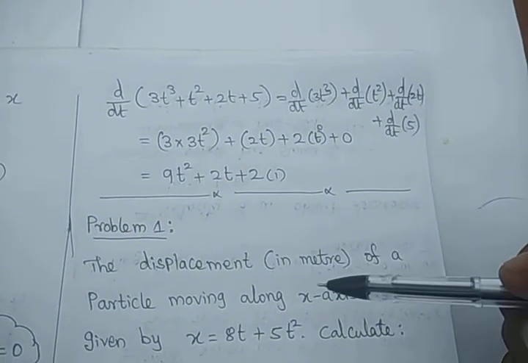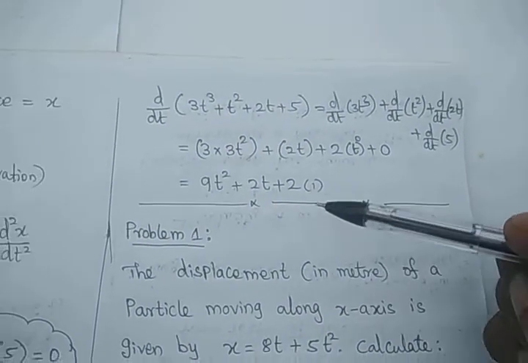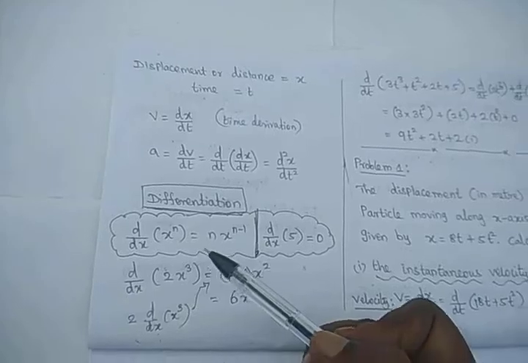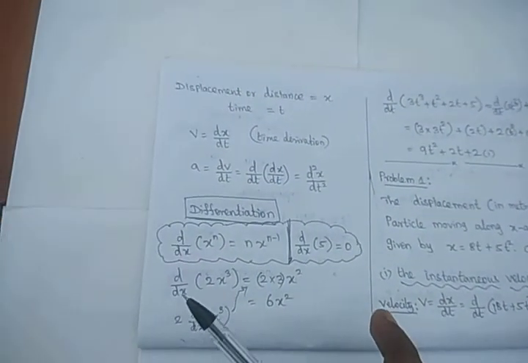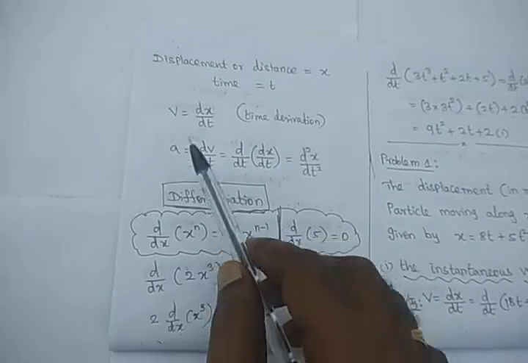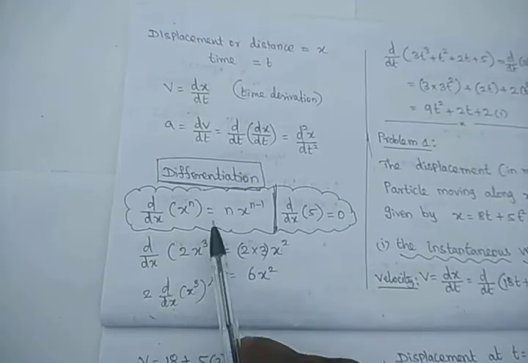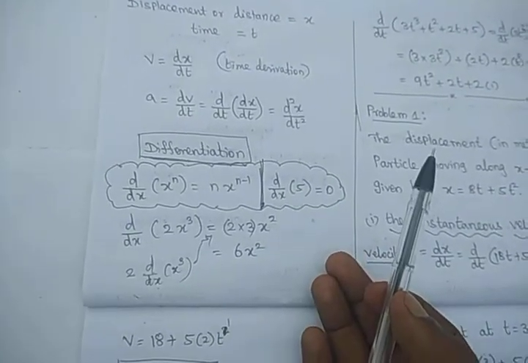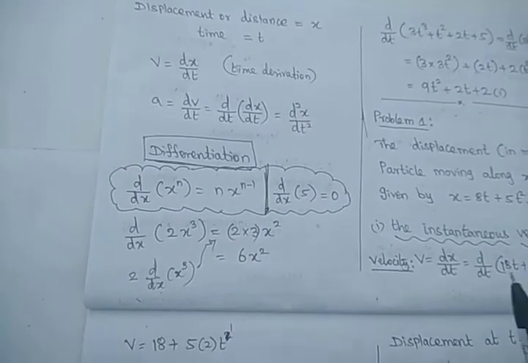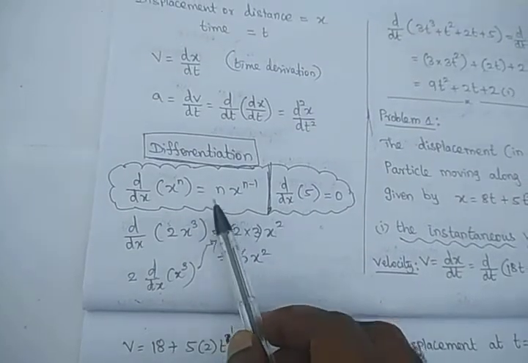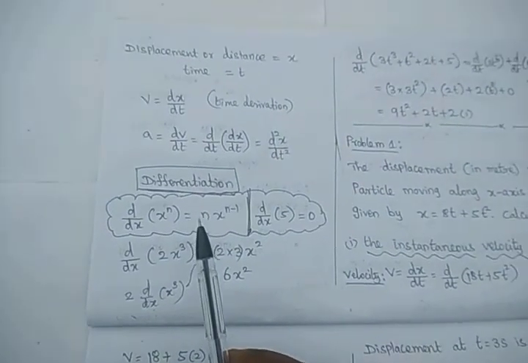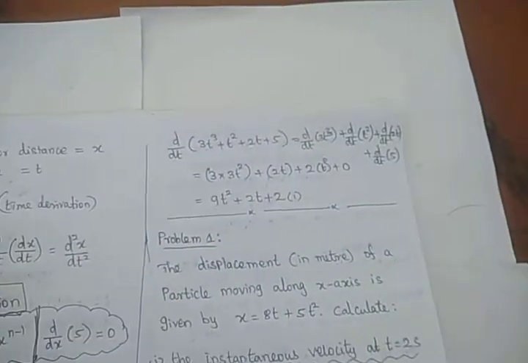Now if you see one problem, it is easy to understand how to do the differentiation and how to calculate the acceleration and velocity with the help of the differentiation formula. I will summarize that differentiation is one of the mathematical tools to calculate the velocity and acceleration. Many differentiation formulas are available. The polynomial differentiation is x power n equals n into x power n minus 1. So for x cube, reduce the power by 1 and multiply by the power before the polynomial. Just note down these pages for this session video.